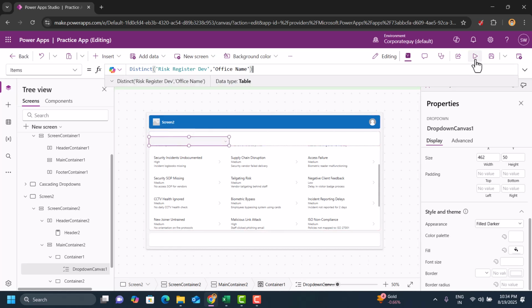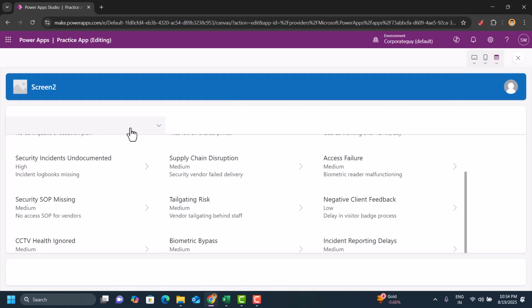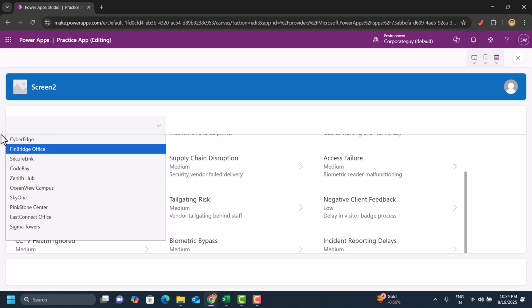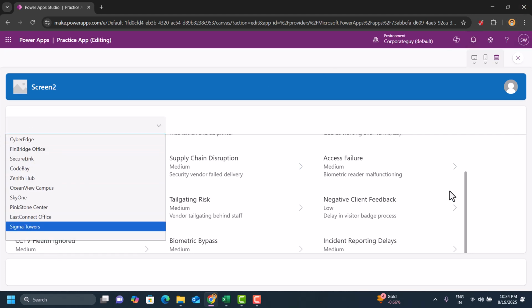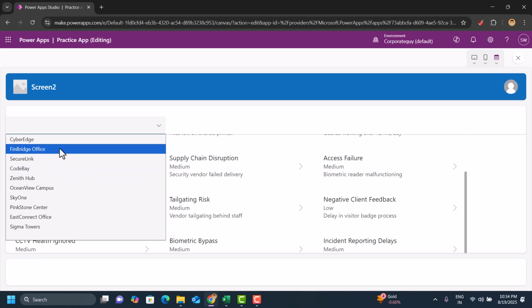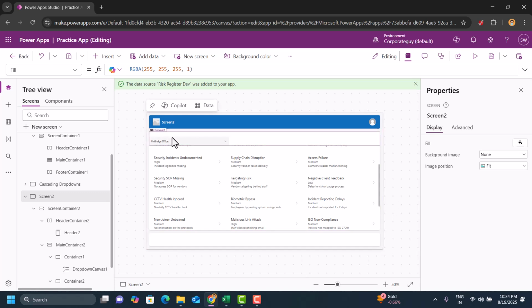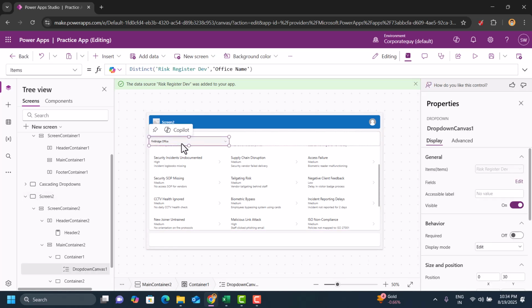So now we have this drop down. Let's play the application and see whether we can see those drop down items or not. Now you can see that we have these drop down items available, and we can use these drop down items to filter out the gallery as per our requirements. Right now, if I select any of the items, this will not make any changes in the gallery, right? So let's go back and add one more drop down here. I'll simply copy and paste the same drop down, and then change the items in the drop down, right? So let's just delete the column and add